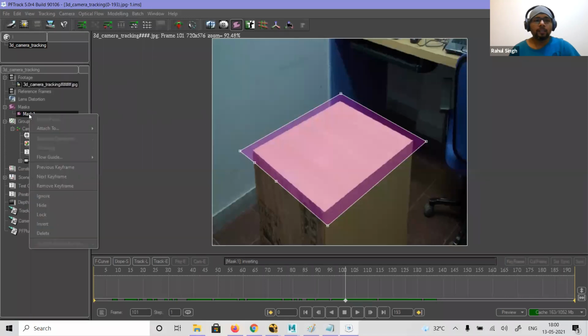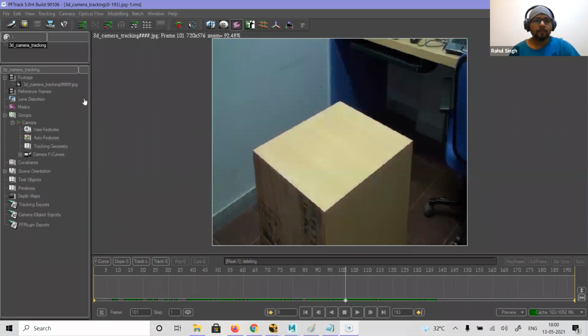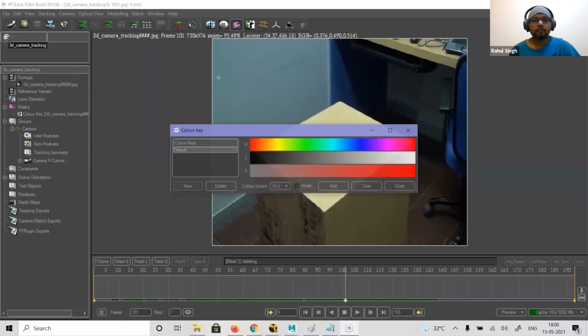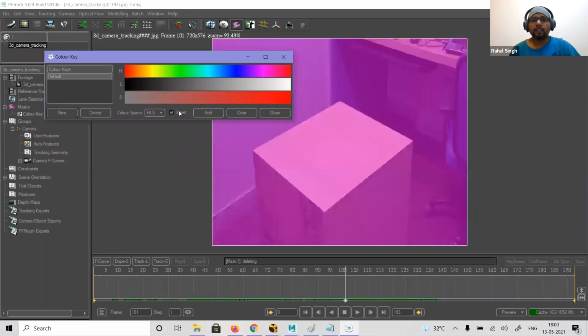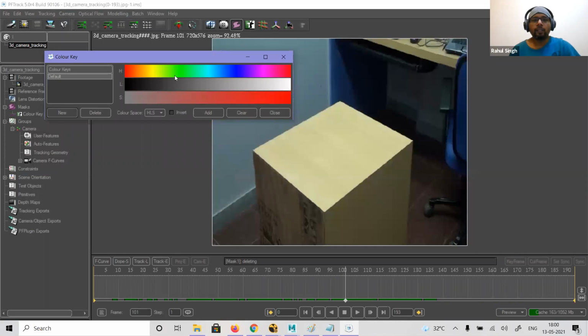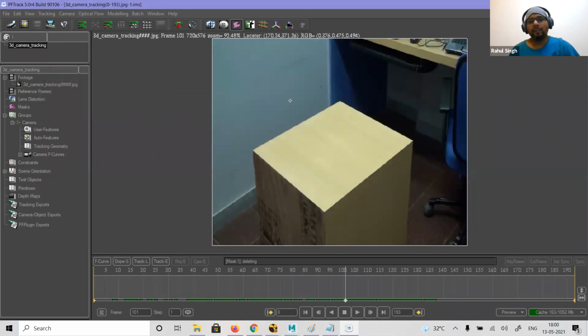Now suppose I delete this first. Okay, I can invert it, right? Any of the colors which I take, it just gives you the color key. We don't use it much. It doesn't have that much use. Okay, so that is what it is.